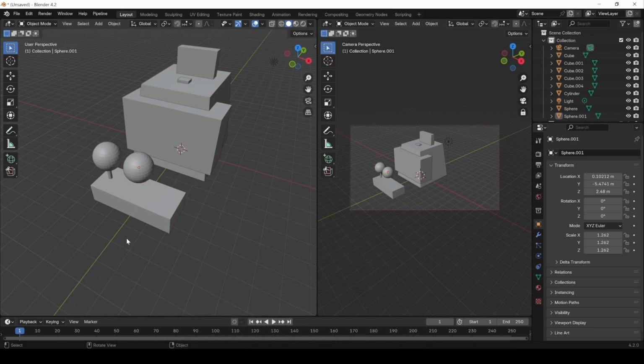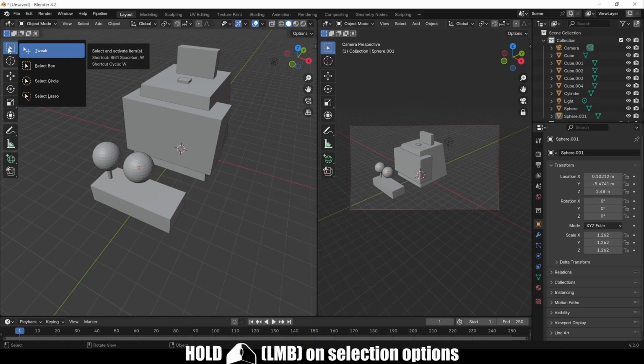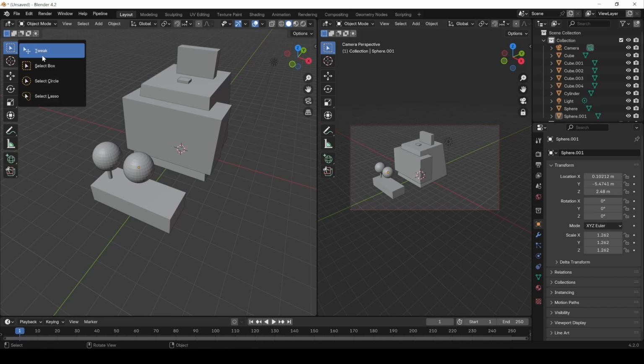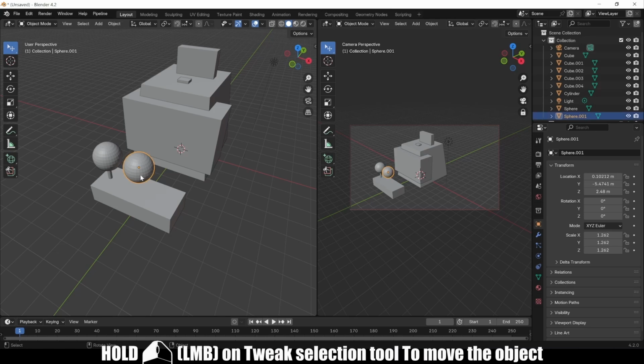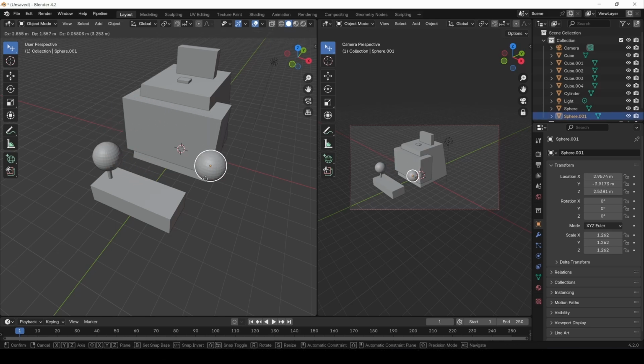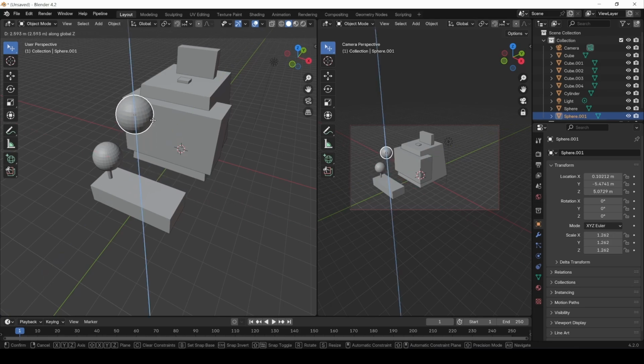Now let's talk about selection. If you press this and hold, you can have all these options. You have the tweak, which is the first one. So if you press on object, then keep pressing, hold it and move. You can move it, or press X to move it on X, Y or Z. So it's like having the grab tool or the move tool with the selection at the same time. Okay,